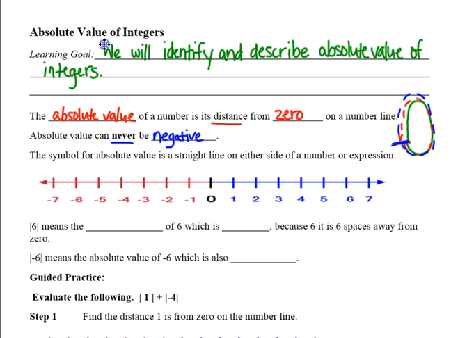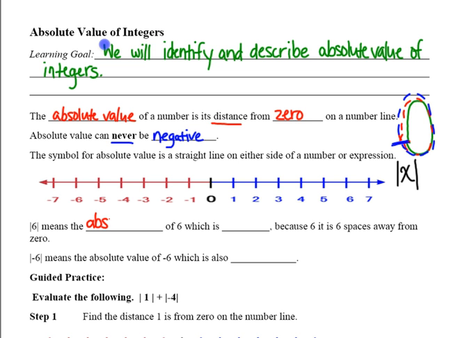The symbol for absolute value is a straight line on either side of a number or an expression. So it's going to look much like this. And then an x will represent an integer, and then you have a second vertical line. Take a look at the example down here. It says 6 means, and we see those uprights. So that means the absolute value of 6 means,